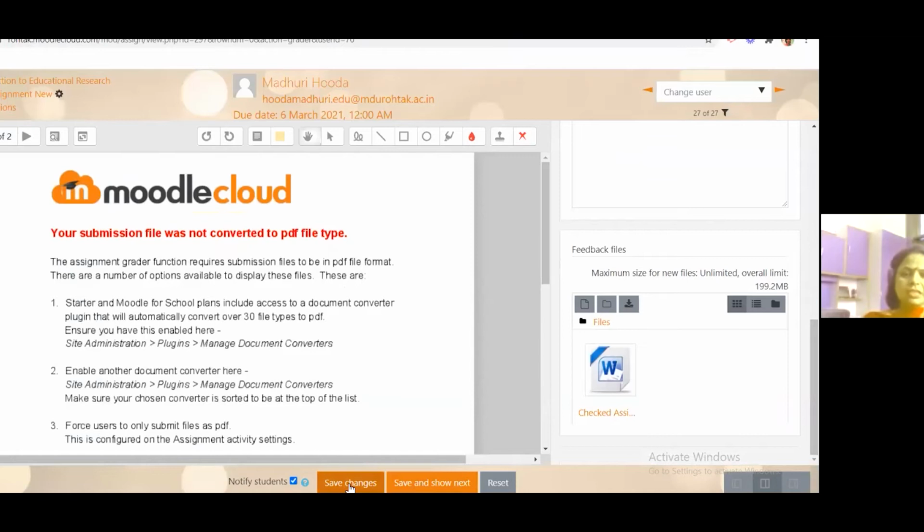Now it is showing save changes or save and show next. If some other assignments have also been added by the students, then you can click on save and show next. If you click on save and show next, you will see this is the assignment submitted by Madhuri Huda. If you click on this, another student will appear.